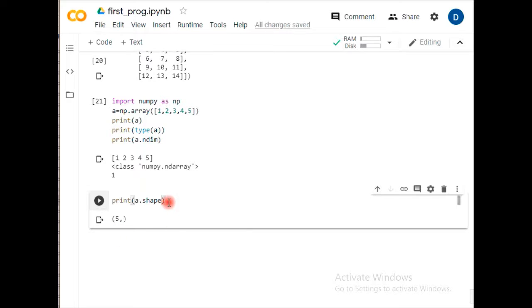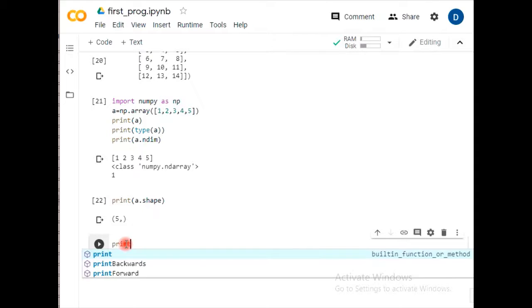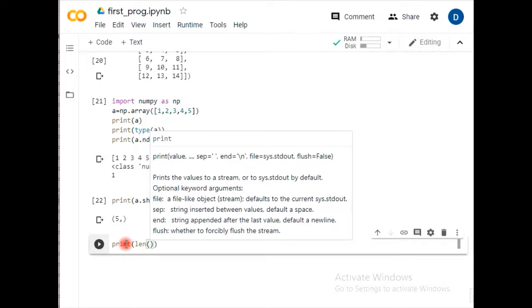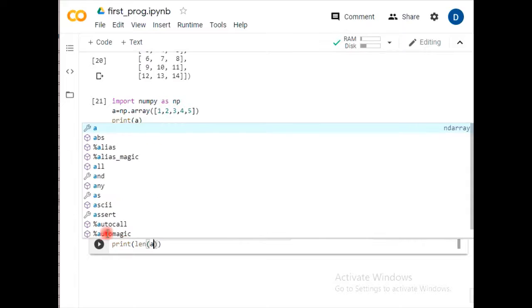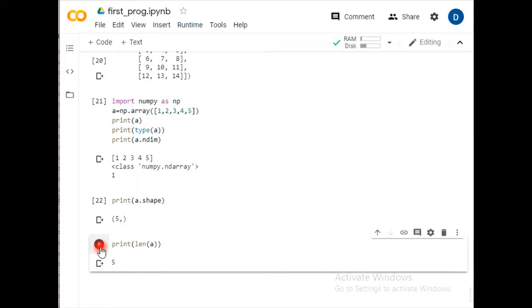Next, you can easily go for the length too. Print length of a. So it is 5.